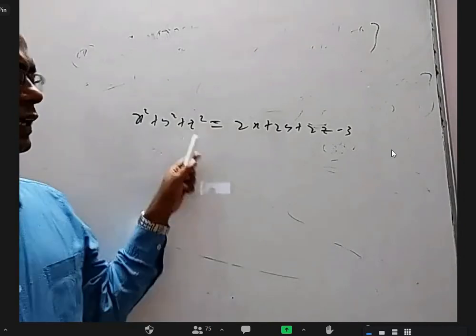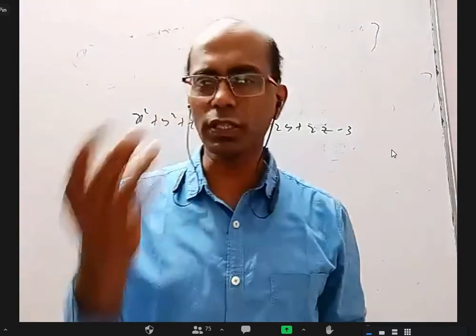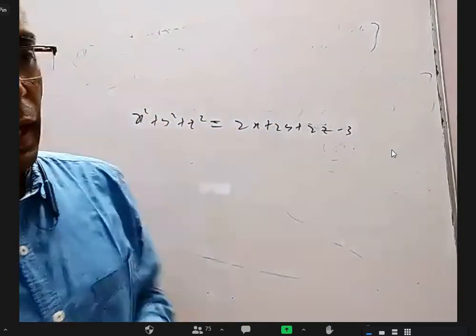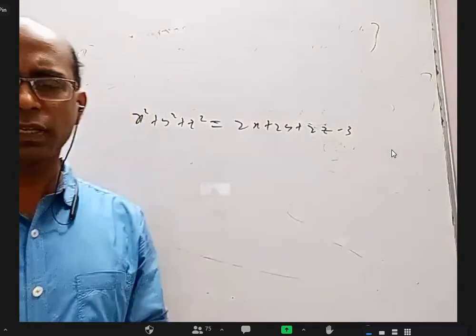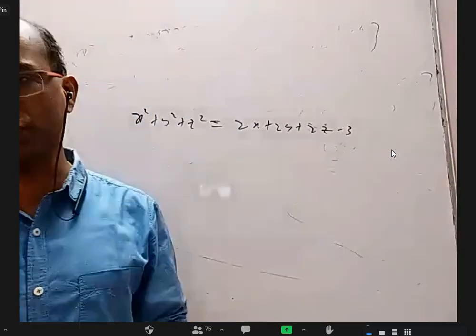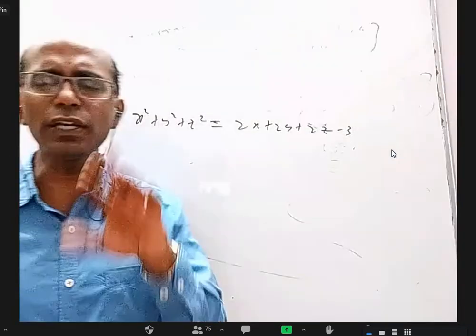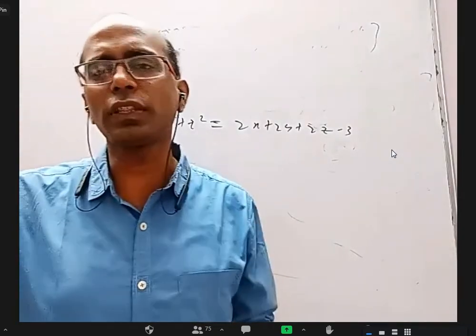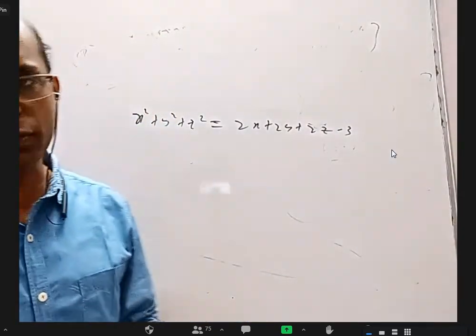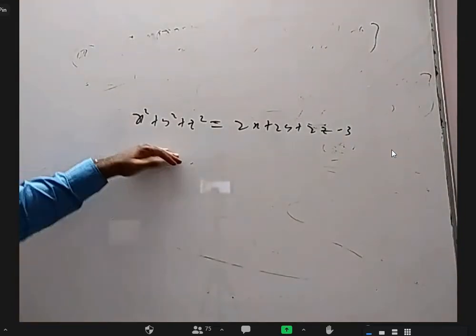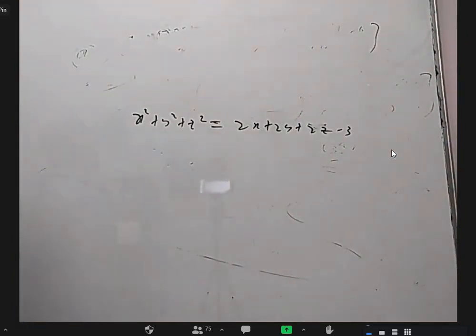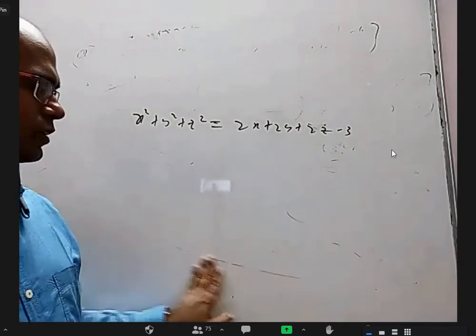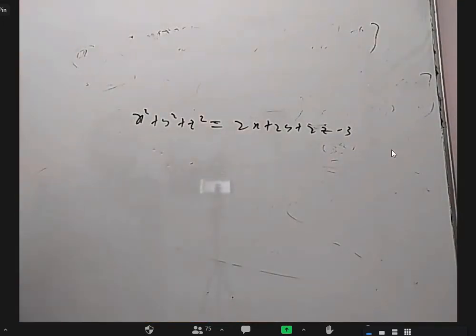One thing you can remember for all these 2 years is, whenever they have one equation with 2 unknowns or 3 unknowns, it will only work out when it is some extreme case. Otherwise, one equation, 2 unknowns means infinite solutions should be there. Similarly, 2 equations, but with 3 or more unknowns, usually will have infinite solutions. Okay. So here with one equation I have to find the x value, y value, and z value. It is only possible when it is some extreme case. I'll tell you what that extreme case is. But does anybody want to guess or tell the answer?